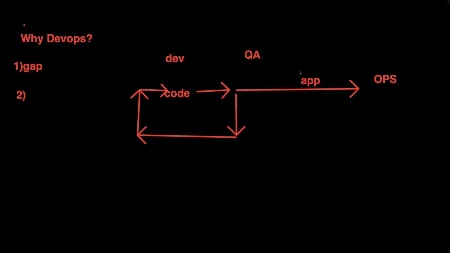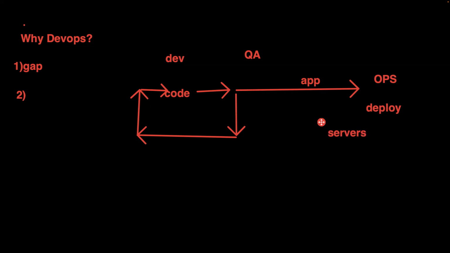Okay, there is the ops team. So they'll hand this over to the ops team. The ops team has to deploy them on the servers so that end users can use it. Correct? Means they should run it on the servers. If anyone is new to deployment, they have to run this application on different servers so that end users can use it. So they have to get the servers ready, right?